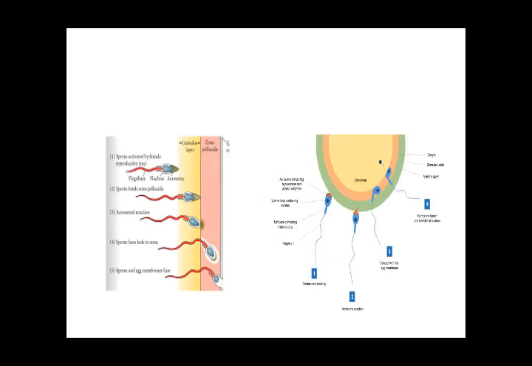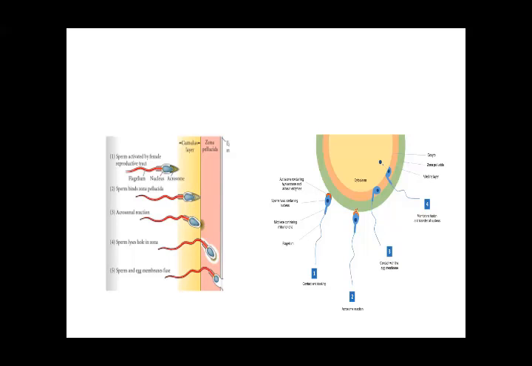You can also see in these layers, the outer yellow one is the corona layer, pink is the zona pellucida, and the inner single line is the cell membrane of the oocyte. How does it occur? Sperm activated by the female reproductive tract come in contact with the zona layer. There it binds, and the acrosomal reaction occurs. That is the release of enzymes through this acrosomal cap, which allows the sperm to pass through the